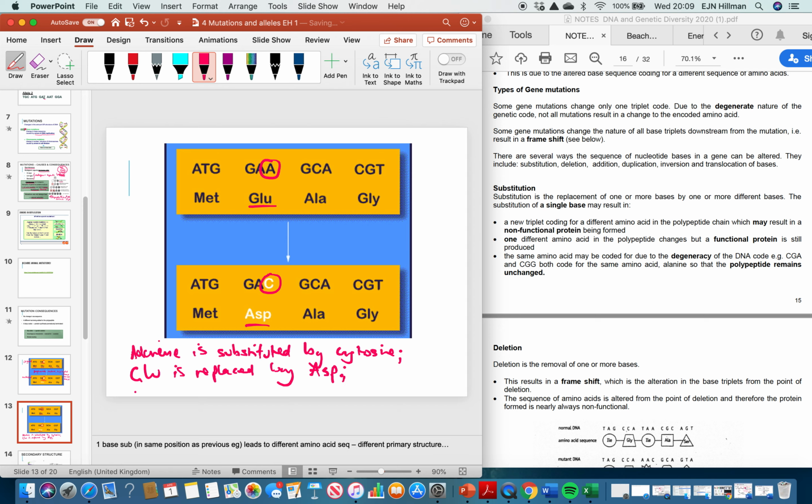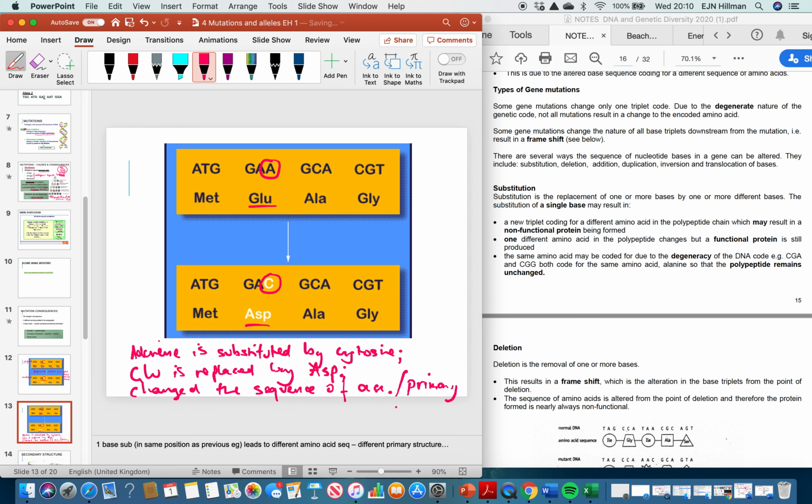So this has changed the sequence of amino acids, or you might say it's changed the